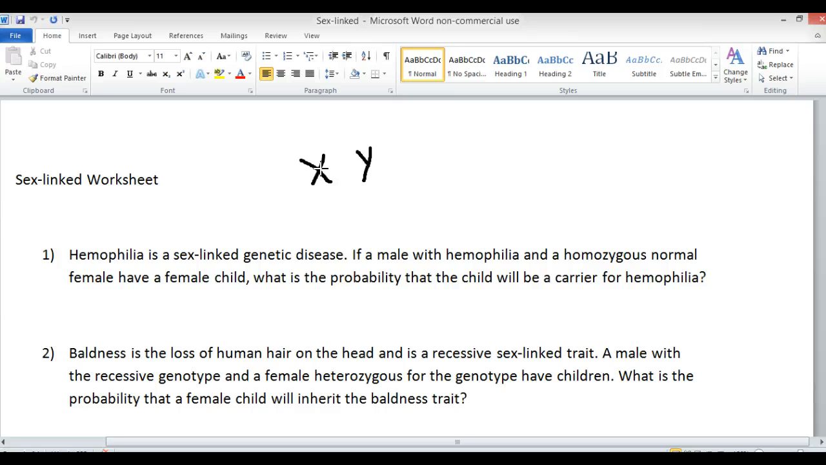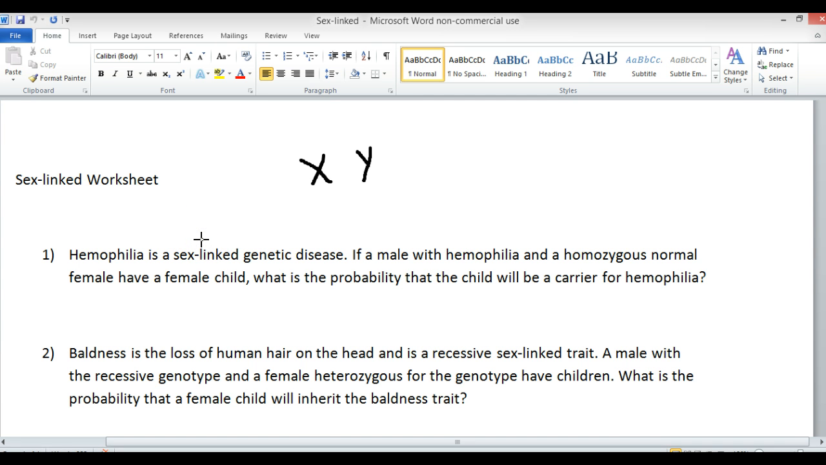There are Y-linked genes, but normally you won't see any problems at the high school level talking about Y-linked. So if it says sex-linked, just go ahead and put it on the X chromosome. Hemophilia is a sex-linked genetic disease, and this should say that it's a sex-linked recessive